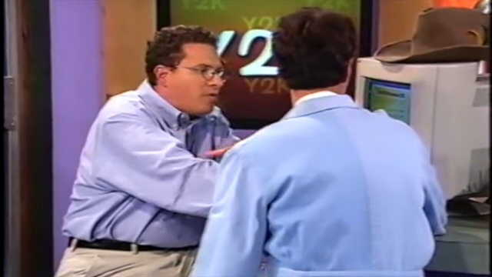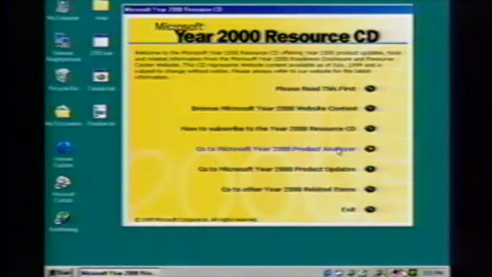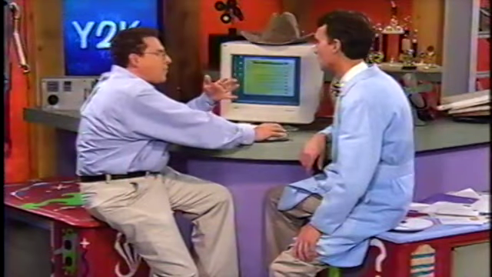And on there, it has all the information that's on our website. It has what we call the product analyzer that I'm going to drill a little into. Those are software products. Software products, absolutely. It has updates for the most popular things like Windows and Office. And so let's take a look at the product analyzer.